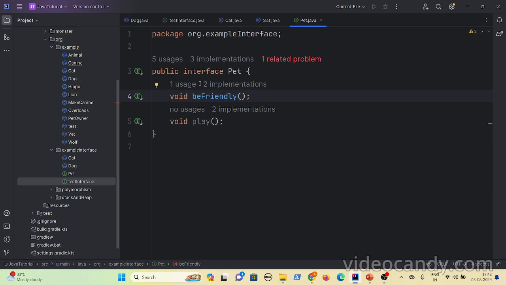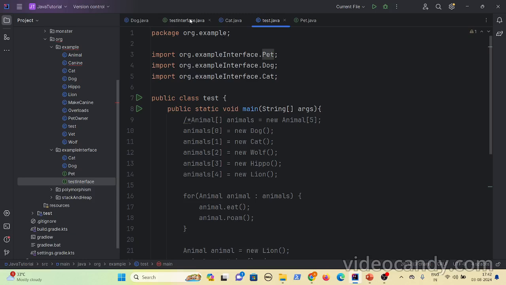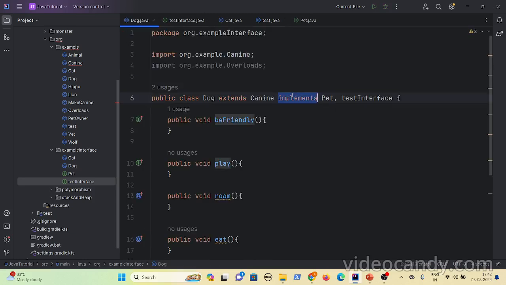Java takes care of that. Okay. And if you want your class to implement this particular interface, you have to do that using the implements keyword, and you can implement multiple interfaces.